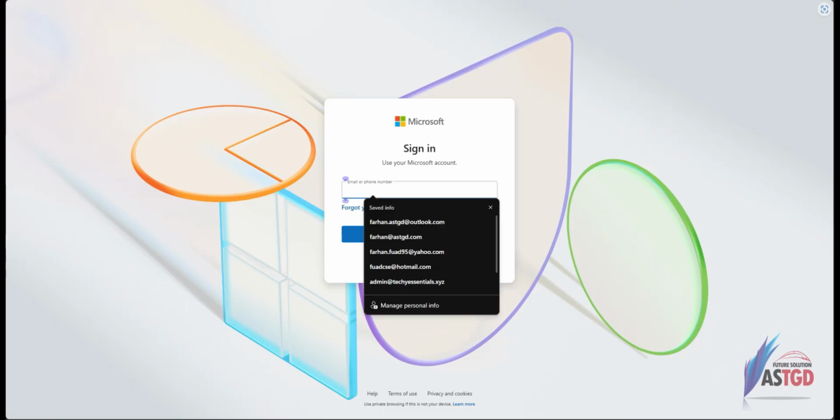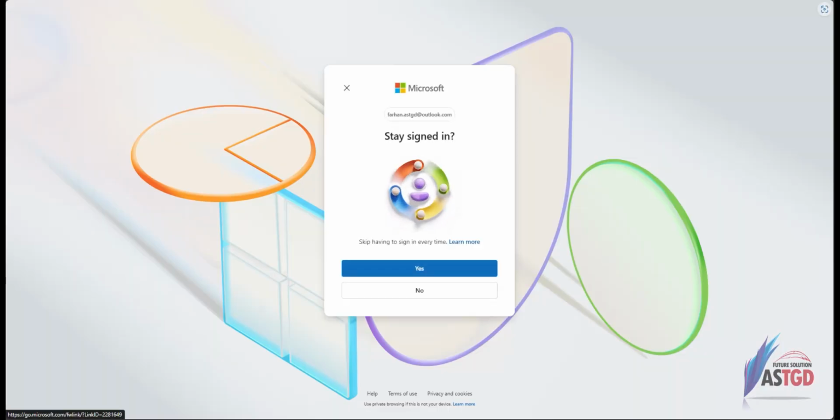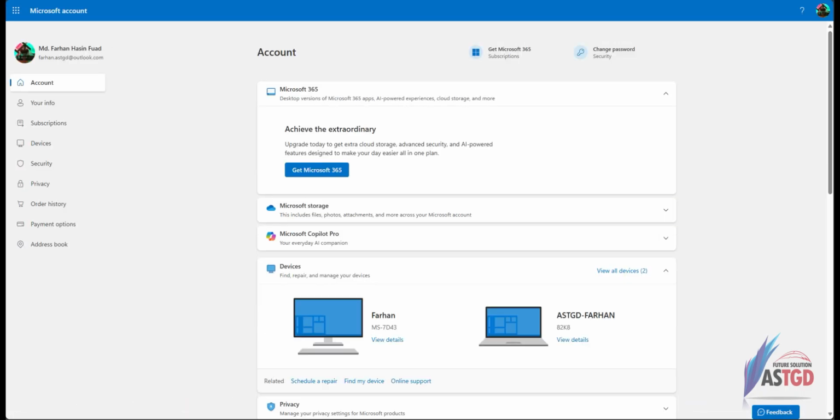Start by logging into your Office 365 or Microsoft account using a modern web browser, such as Chrome or Firefox. Navigate to the Microsoft login URL and enter your credentials. Once logged in, go to